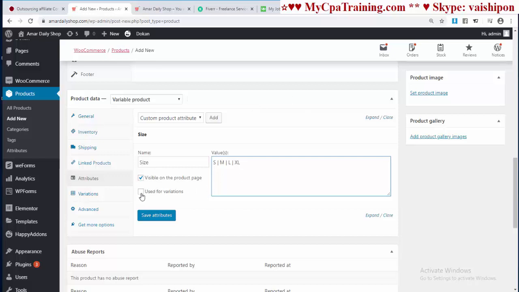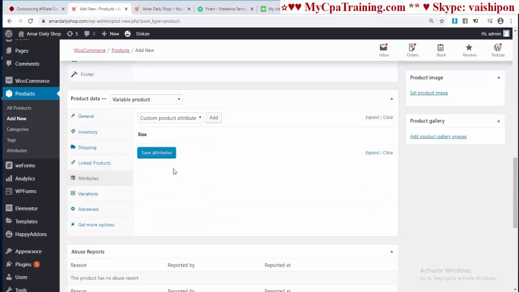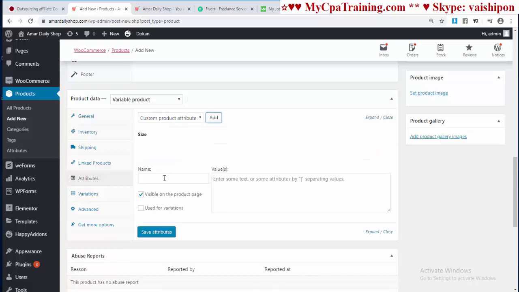You have to select Visible on the product page, and you have to select Used for variations. I am selecting both. Save attributes. We have made the size attribute. Now you have to make another attribute, the color attribute. I am clicking here Add, and I am giving the name color,